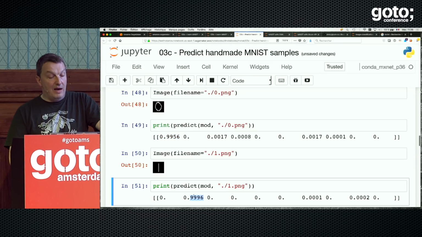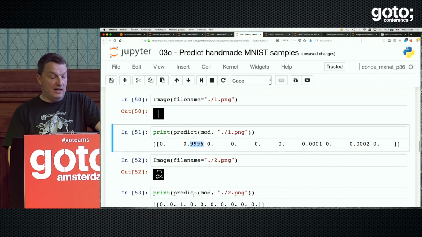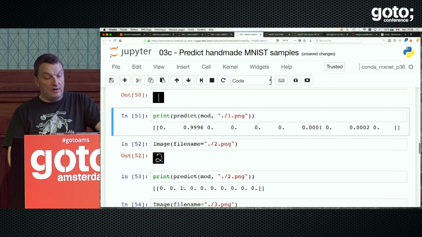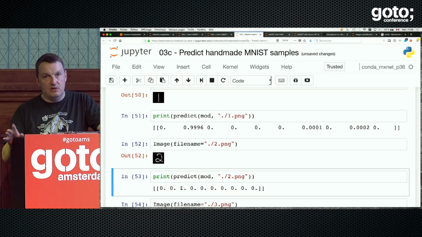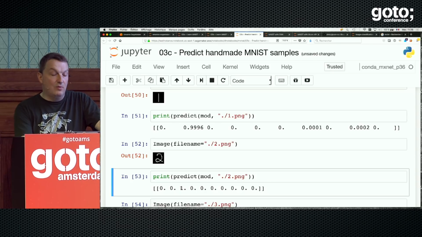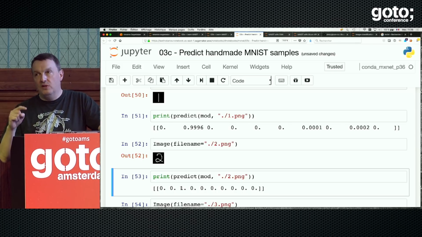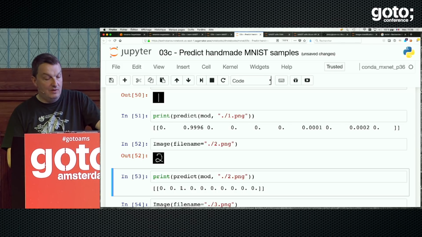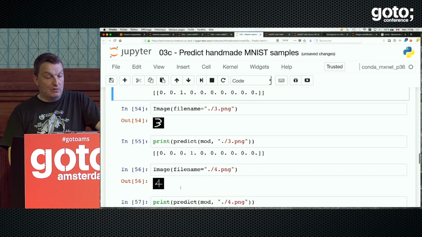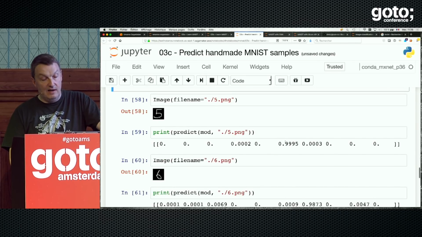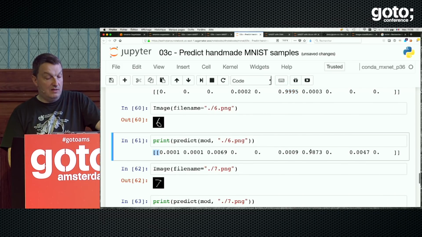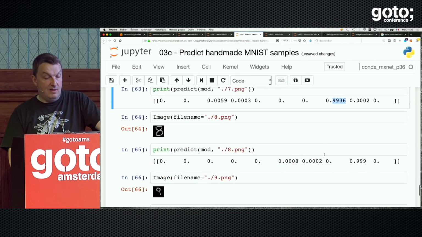My 1 is classified pretty nicely too. The 2 is very nice, so don't let this fool you. There will never be zeros and ones. It's just because I'm stopping at 4 decimals and it's rounded up. So this really says it's at least 0.9999 something. So it works well for 3, works well for 4, 5, 6, 7, 8,